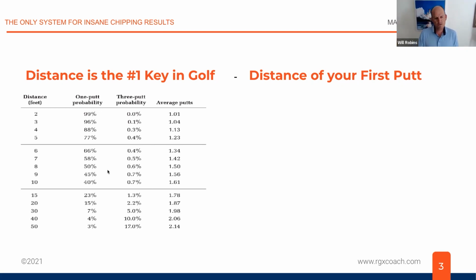And so for me, it was about understanding how to get this data across to them, to let them realize that it wasn't that they missed the 7-foot putt and should be frustrated. It's that they chipped it to 7 feet. The other thing that I've got to remind them of is